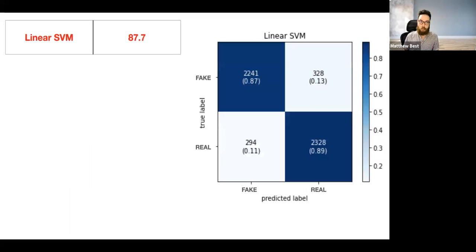This is a confusion matrix of that testing. The top left and bottom right-hand corners are correctly identified real and fake news articles. What we want to focus on are the white areas, which are miscategorizations. In the bottom left, we have a type 1 error, which is a false positive, suspecting a real article to be fake, where a type 2 error in the top right-hand corner is a false negative, accepting fake news